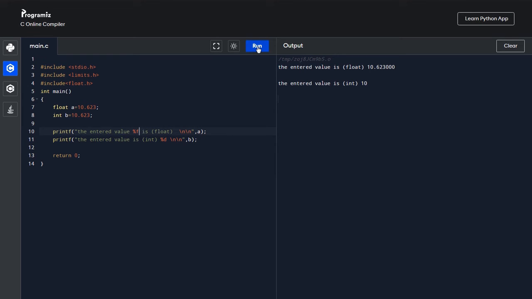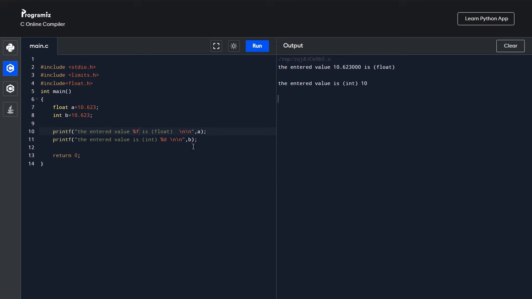As you can see, I have put the %f after the entered value, and we have here the entered value 10.623. So I hope you understand the use of the format specifier and how to use it.